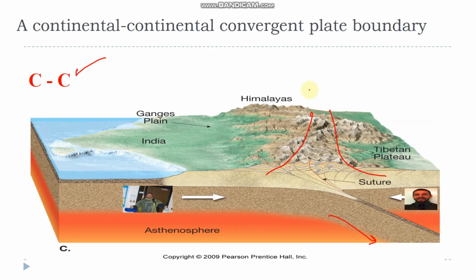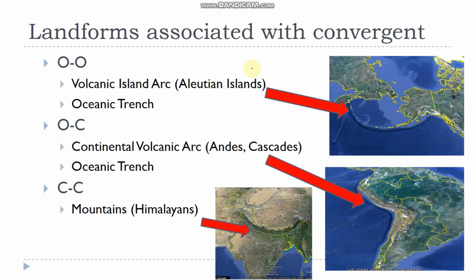So these mountain ranges are not volcanic in nature. They're just not, because no subduction is taking place and no melting is taking place. So the Himalayas are a really good example of when two continental plates collide, they form a non-volcanic mountain range. Okay, now moving on. Well, before I move on to the next one, some real life examples of an